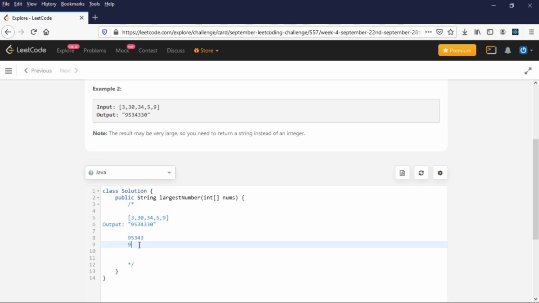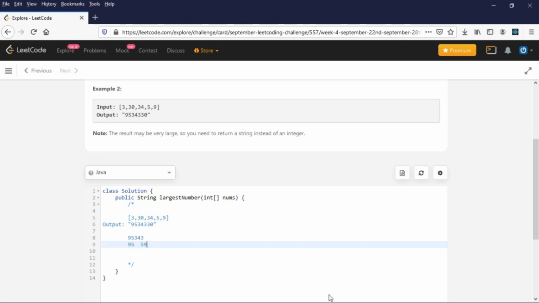What we can do is we can concatenate 9 and 5. So for example, if this is number A and this is number B, right, and so this is B and this is A, right? So we are concatenating A and B and B and A and checking which is greater. So we are just comparing which one is greater, and since we have to store it in a descending order, we have to find the largest number, right? So we have to check what is the descending order and we can do that.